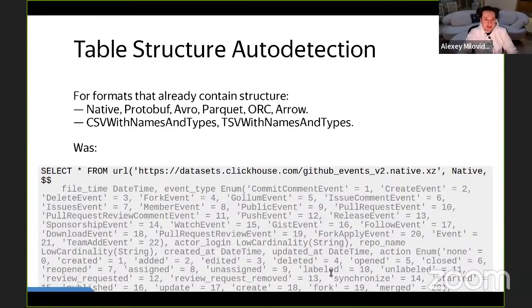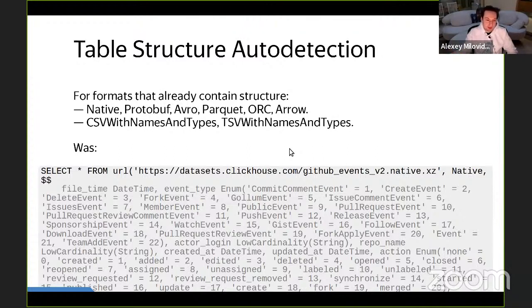What else do we have? Now, the structure of some external data can be automatically detected from the data itself. If you have data in Native or Protobuf or Avro or Arrow, don't mix up Avro and Arrow, these are different formats, or Parquet or ORC, these data formats already contain the data structure inside.